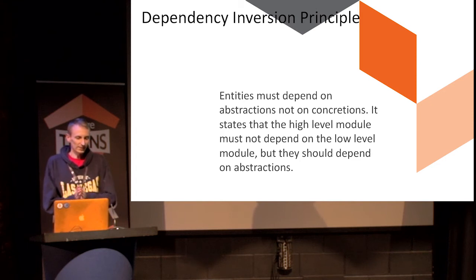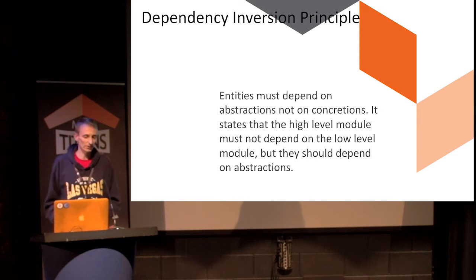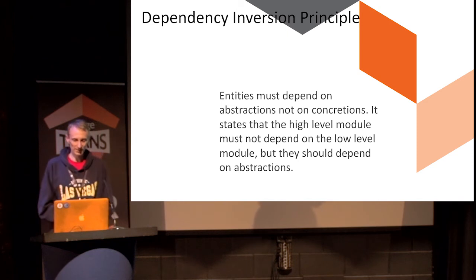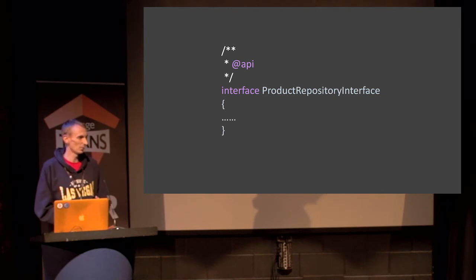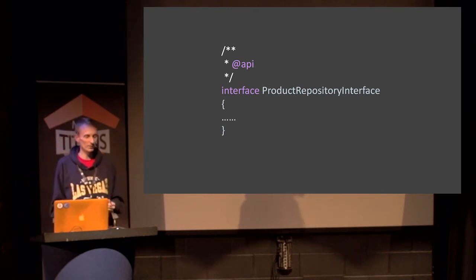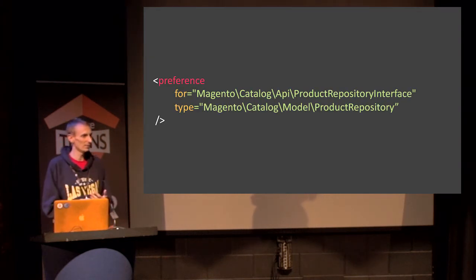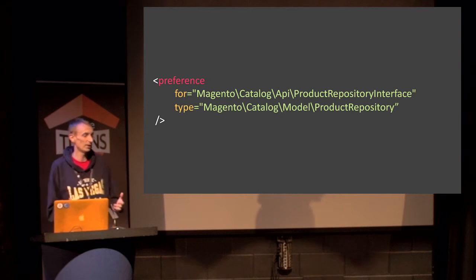And then finally, the dependency inversion principle, which states that entities must depend on abstractions and not concrete implementations. So again, I looked inside of Magento 2's core to see if this happened. And the great news, again, is that it does. Again, we've got interfaces, so we're not having to depend on a concrete implementation anymore. We've got the di.xml, which says anytime that you see the word interface, replace it with a concrete implementation. And that's how we should be developing in our modules.